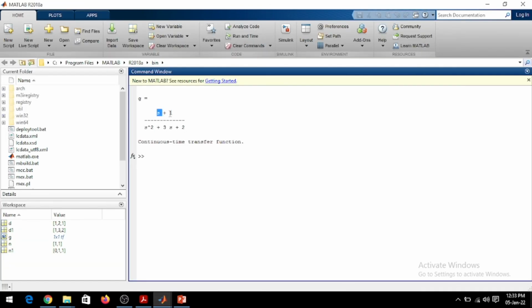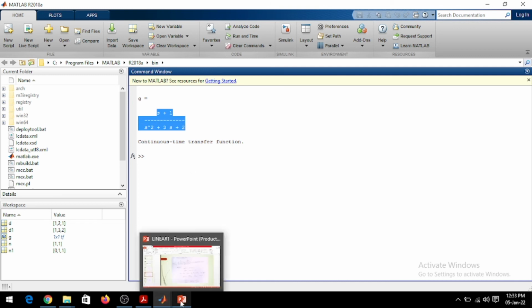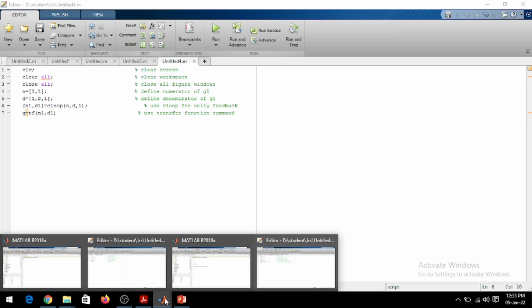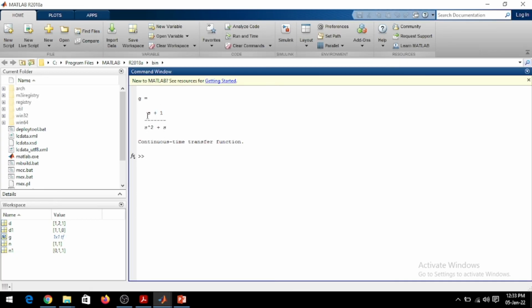Okay, you see, this is the output of the unity feedback. By default, whatever output it shows, when you do not type or enter any value after d1, it just shows the output response for negative feedback. For positive feedback we just put +1 over there. Okay, and you see the output. When your feedback is positive, your output will be changed.